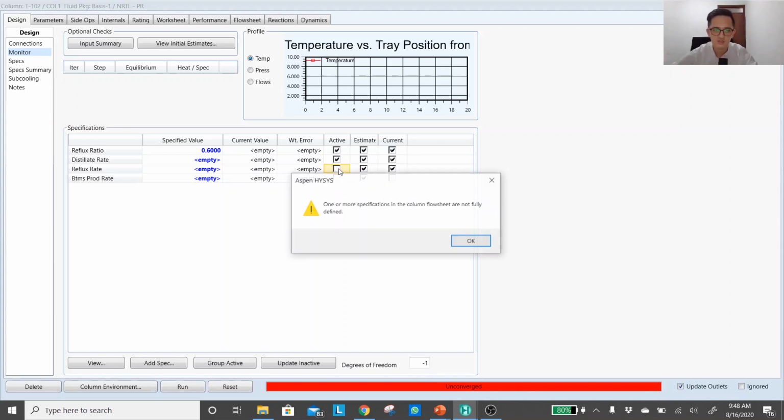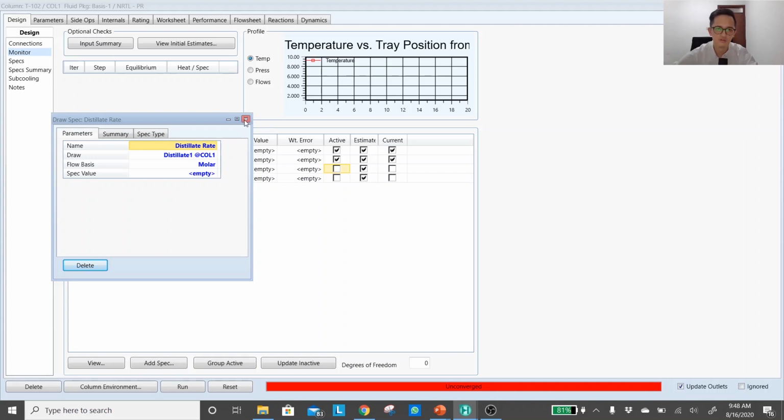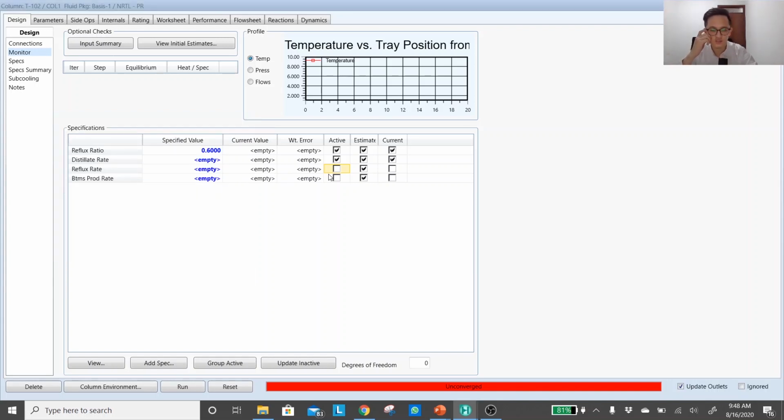So make sure that you choose the correct number of rows. For a default or standard distillation where you have one reboiler and one condenser, you have to tick at least 2. If you only have a reboiler without a condenser, you only have to tick 1. If you have only one condenser without a reboiler, again you only have to tick 1. If you don't have any reboiler and any condenser, your degree of freedom will directly be 0 without putting any number. So that's the rule of thumb.